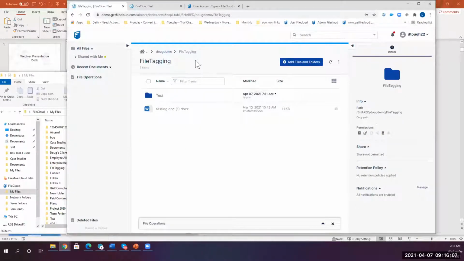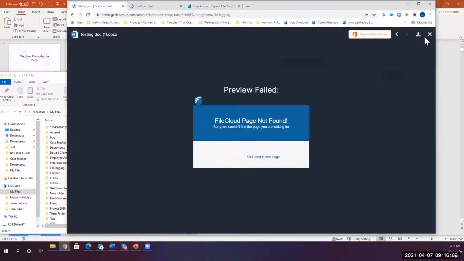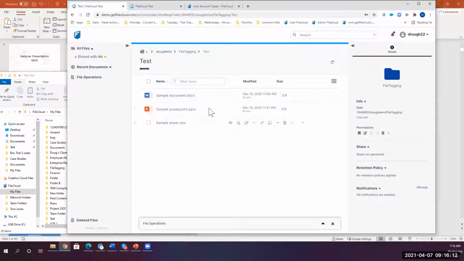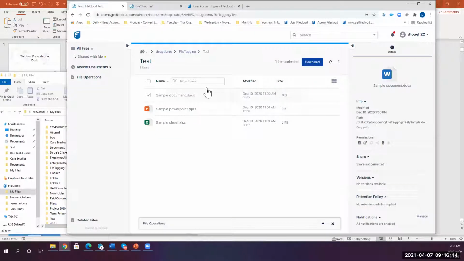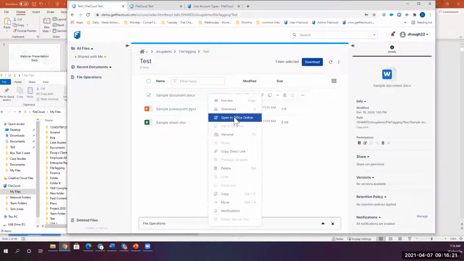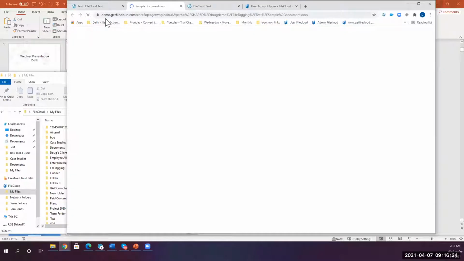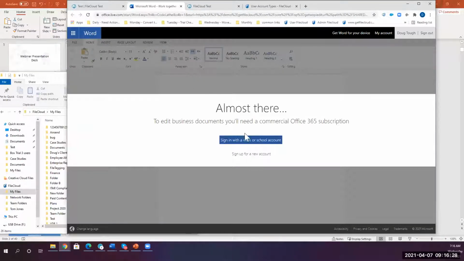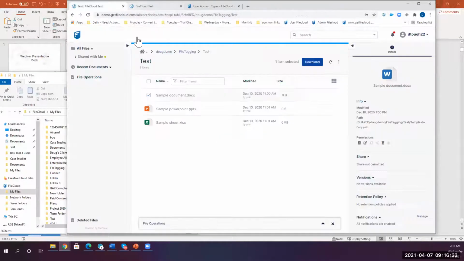And if they're okay with logging in through the browser, previewing through the browser, viewing or working within the browser, and if you're using something like Microsoft 365, I can open this in Office Online. Then you don't need to pay for a seat. You don't need to necessarily add licensing. And here's where I would sign in with my Office 365 subscription, of course. But once again, just because everybody has an Active Directory account doesn't necessarily mean that